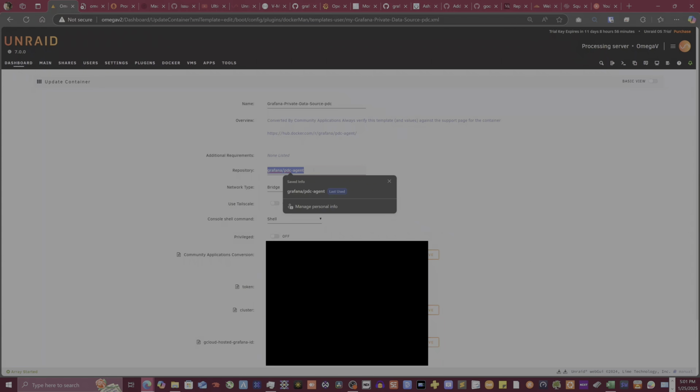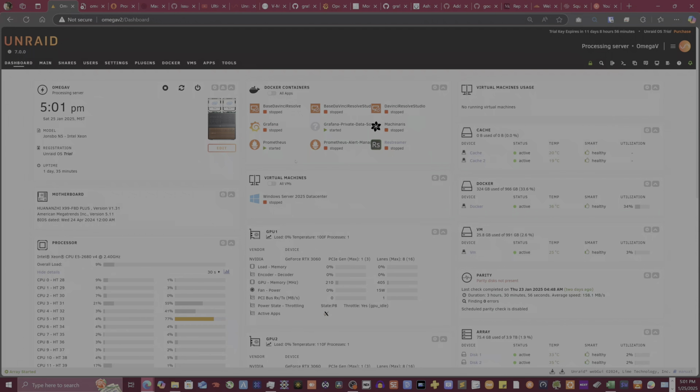You need to change it to lan, and what this will do is open up the metrics access to all of the devices on your network, which is what you need if you're going to use Prometheus to come scrape it. In this instance I have Prometheus on my Unraid server, and these are all Docker containers. I just made a video on getting this up and running. You can easily follow that video, and instead of Unraid, you just run Docker on Windows. You just have to translate the configurations for